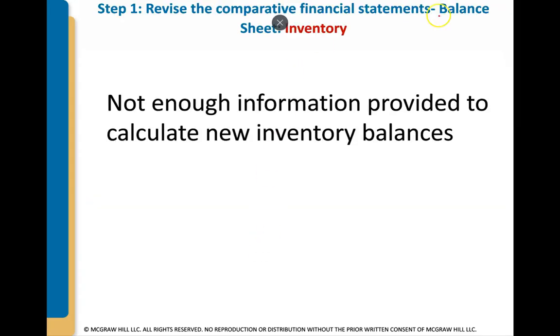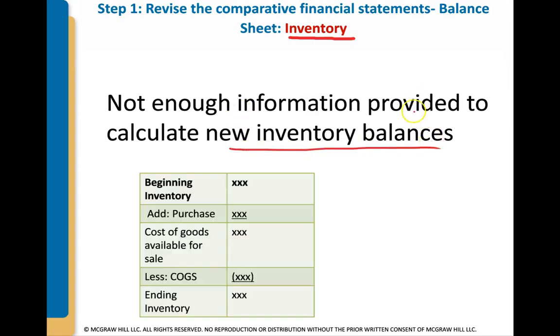Now, because we're changing our inventory costing method, another balance sheet item that's going to be changed is the inventory balance. This particular problem does not provide us enough information to calculate the new inventory balances to report on the comparative financial statements. Why? If you recall, this is how you calculate your new ending inventory. You're going to take your beginning inventory